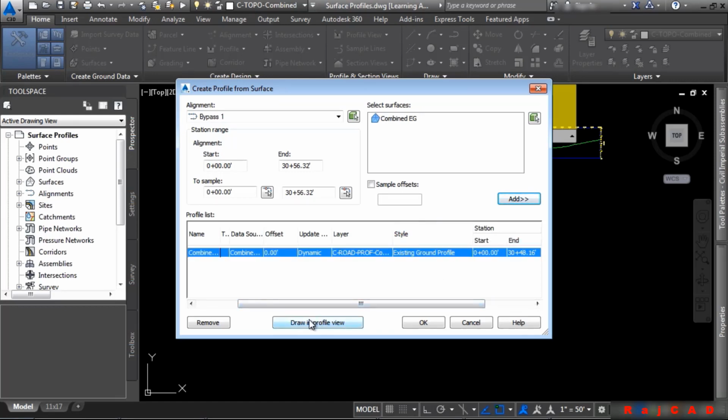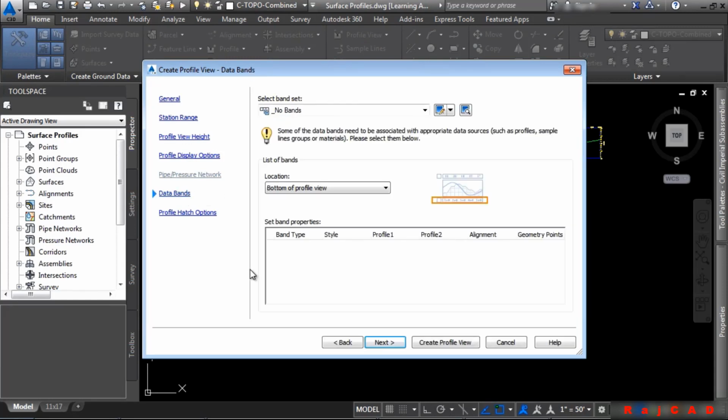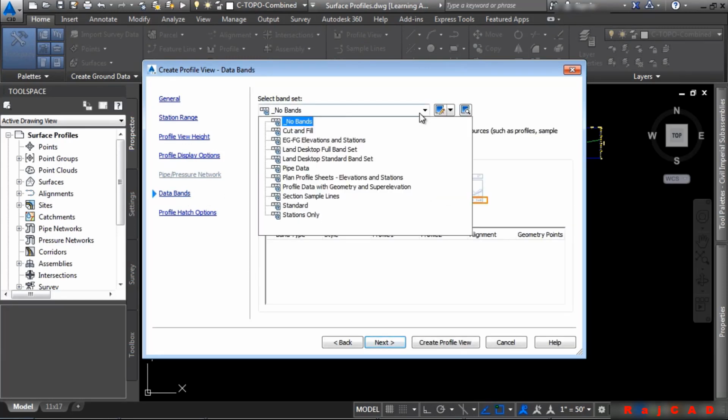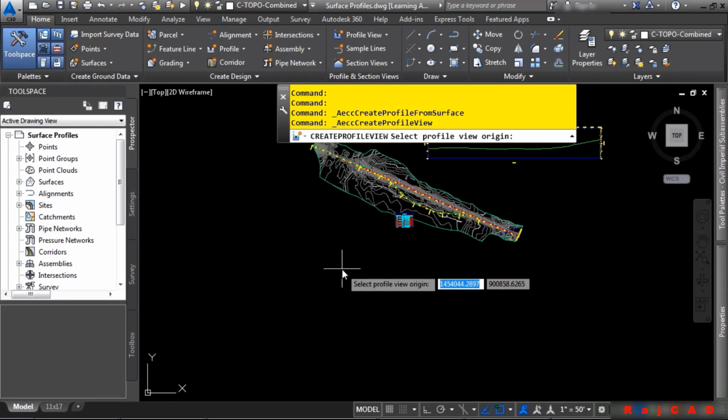Let's click on the Draw in Profile View button. Again, we have the Create Profile View dialog box. Let's just navigate to the Data Bands category, and let's change this to EG/FG elevations and stations, as this is something that we will need for this profile view. We'll go ahead and click on Create Profile View, and let's go ahead and just place it somewhere below the